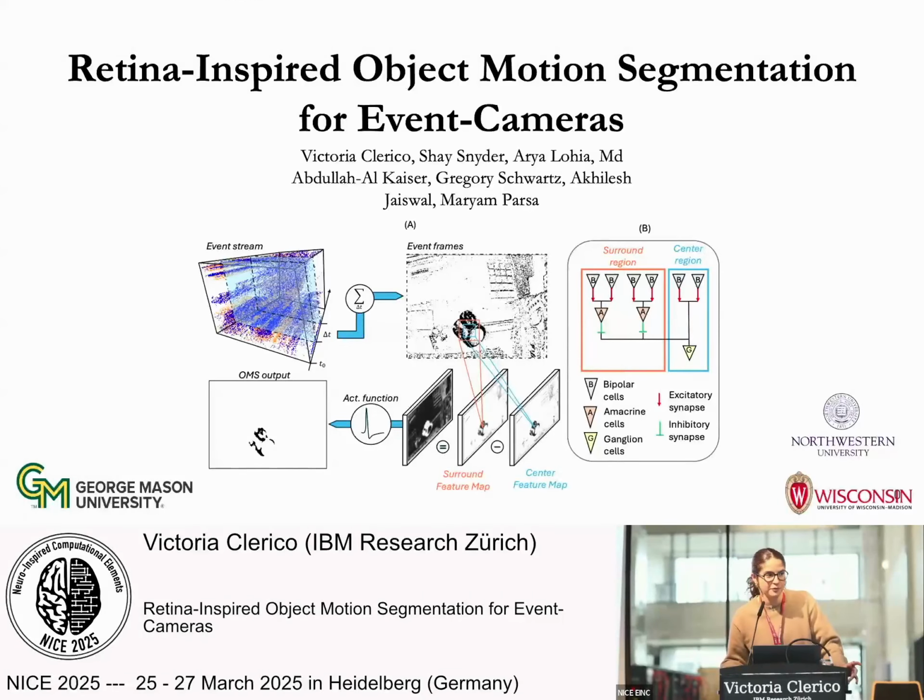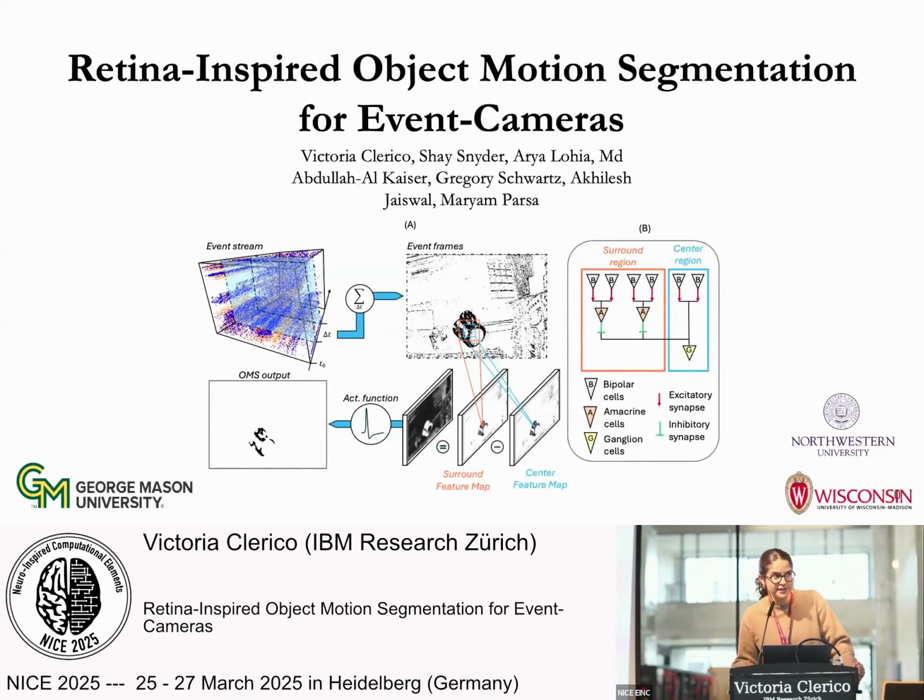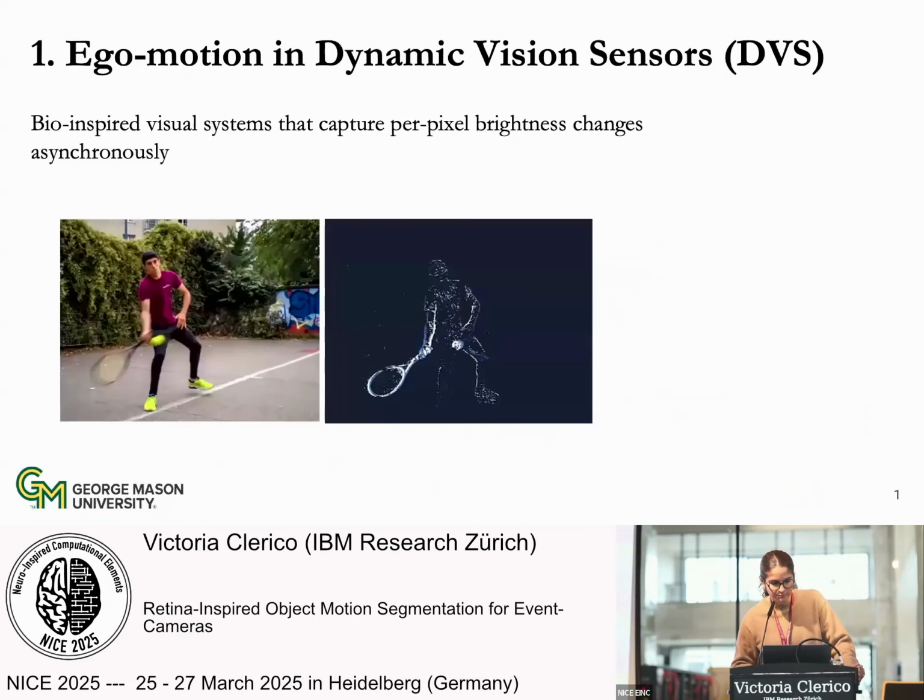I'm Victoria from IBM Research Zurich, and I'll be presenting this work developed at George Mason University on Retina-Inspired object motion segmentation for event cameras. We take inspiration from the inherent problem in DVS cameras, or event cameras, of ego motion. DVS cameras are bio-inspired visual systems that capture per pixel brightness changes